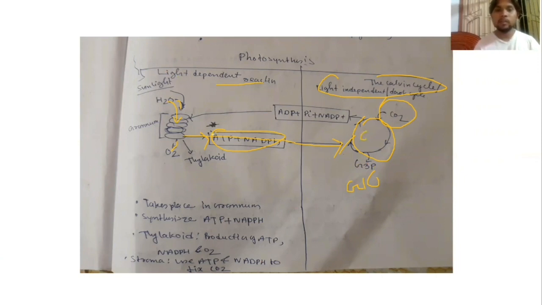Carbon dioxide is used in our light independent reaction, that is nothing but our Calvin cycle. And ATP and NADPH of the light dependent reaction are required here because for making glucose we need energy. Without energy, no metabolic process will happen. For supplying energy, we need ATP and NADPH in a 3:2 ratio. For supplying this 3:2 ratio of energy, we need the light dependent reaction. That's why the light dependent reaction is the cause of the light independent reaction. Without it, the light independent reaction will not happen, because without energy, there is no metabolic process.